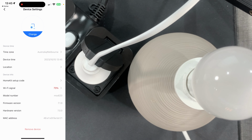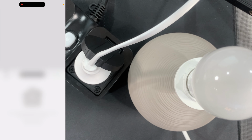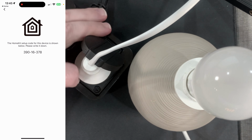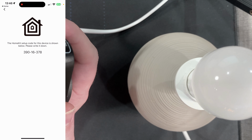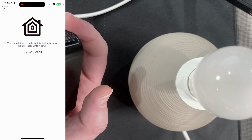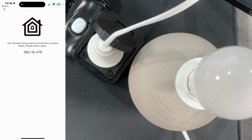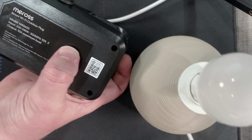In device info, we've got HomeKit setup code. So we can actually gather the HomeKit setup code for the device from inside the app, although it is on the back of the unit itself. I assume this is for backup if you've maybe stuck this to the wall in a way that's very difficult to get off. I will say, just looking at the